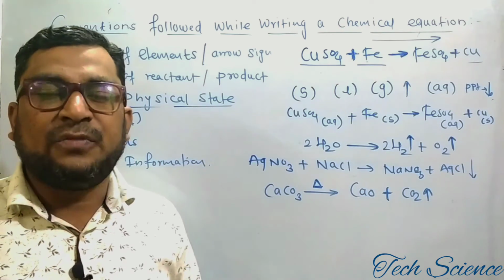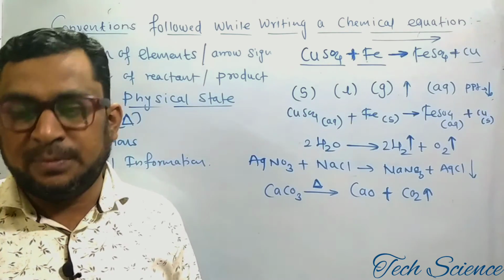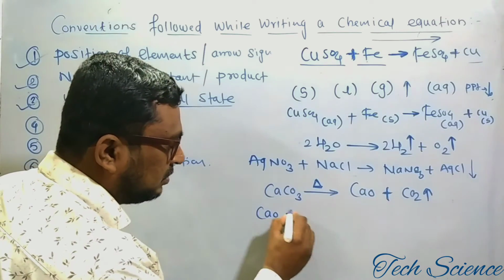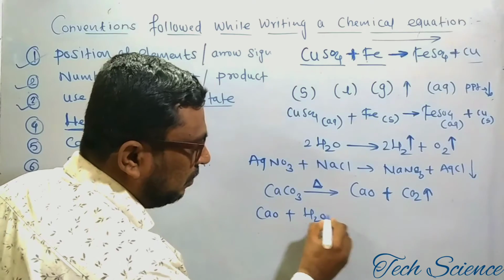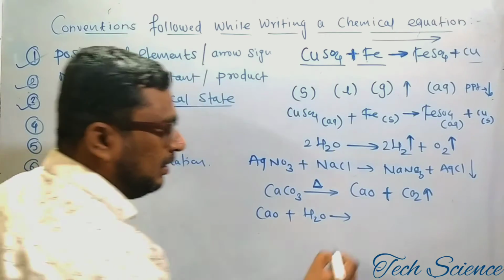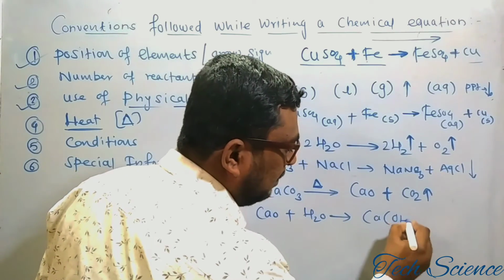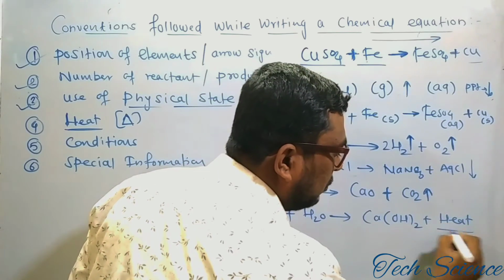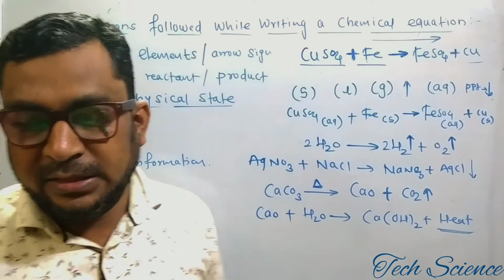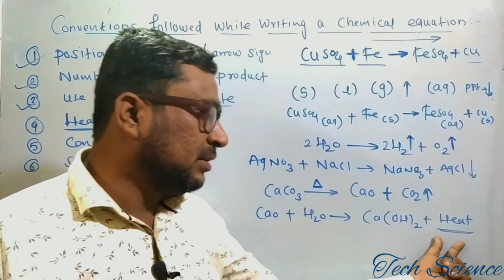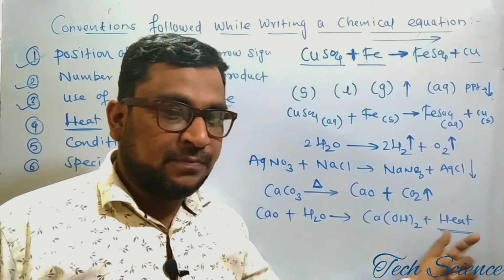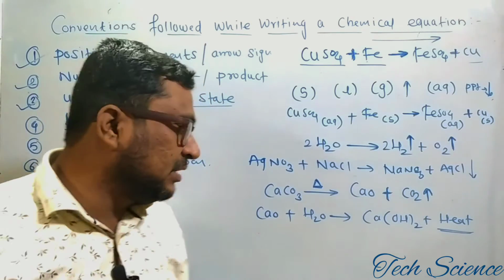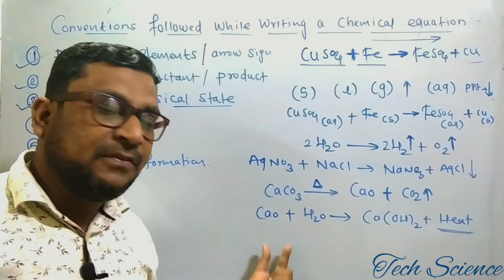We have some kinds of reactions in chemistry like exothermic reactions. In that case, we can write like this. When calcium oxide reacts vigorously with water, what happens here? Calcium hydroxide is formed along with the liberation of heat. So heat gets evolved. In that case, you have to write it like that. So this indicates an exothermic reaction, where heat gets evolved. In the same manner, if there is an endothermic reaction, you have to write heat on the left hand side.